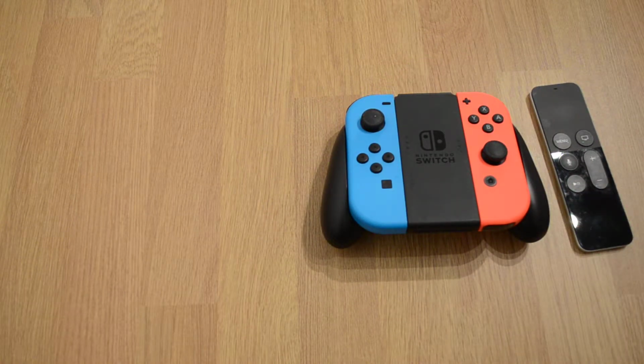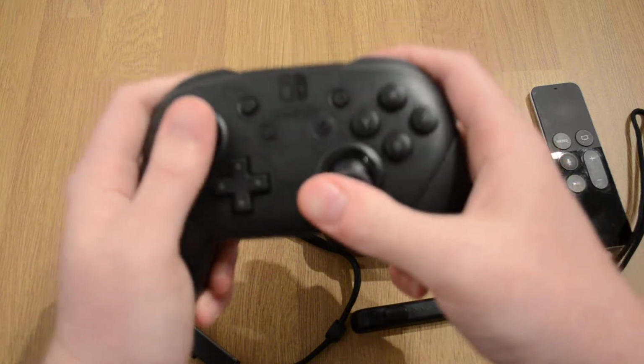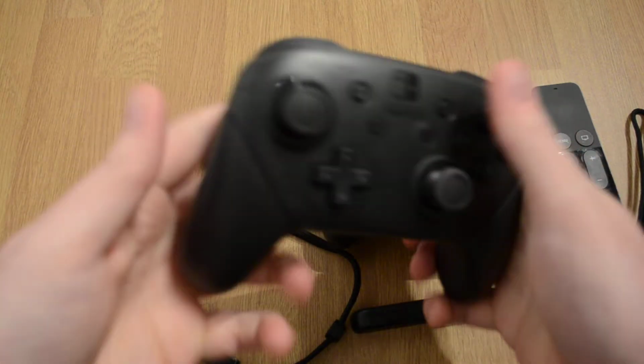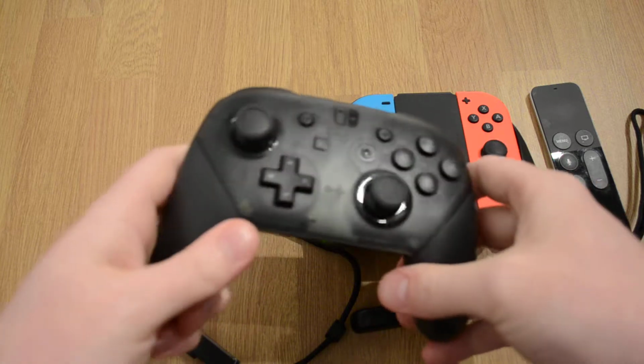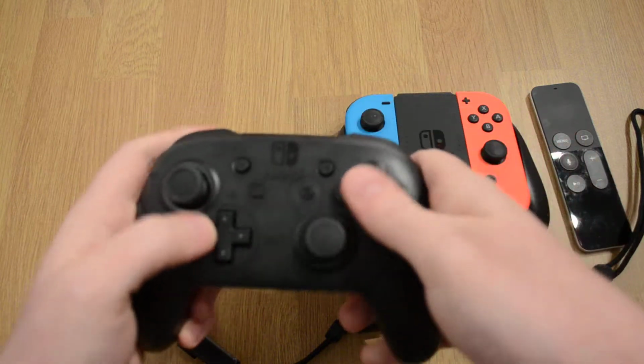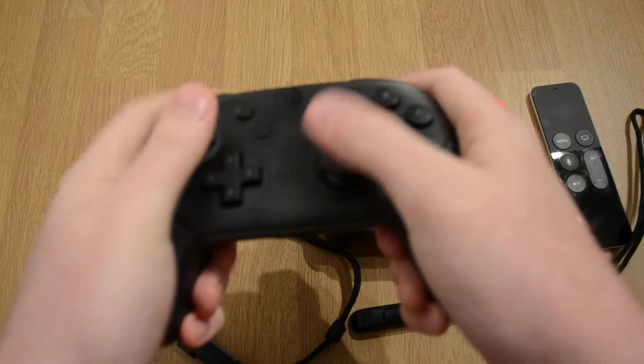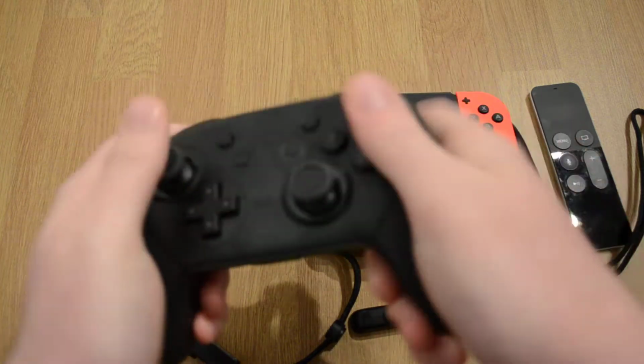The next thing we will introduce to the mix is the Pro Controller, because the Pro Controller is Nintendo's version of a hardcore, more pro level player, people who want to spend a bit of time with their console. So the Pro Controller here is fairly weighty, it's a high quality controller, and it certainly is possibly one of Nintendo's absolute best controllers. It's very smooth, the buttons have great depression, they have a nice matte finish to them, a sort of anti-greasy feel,